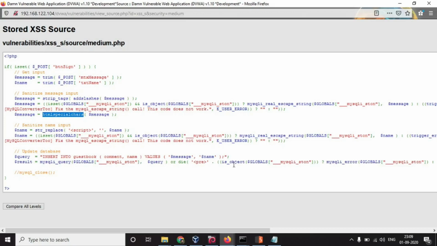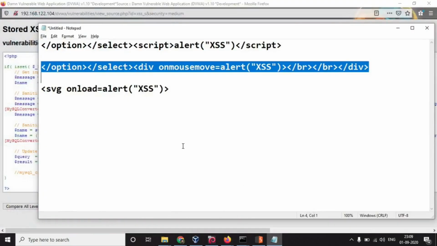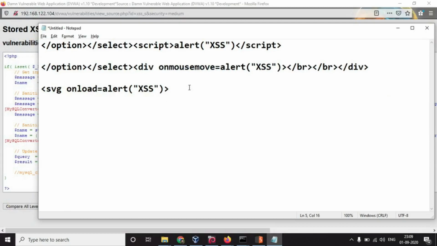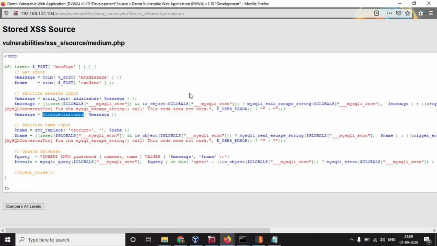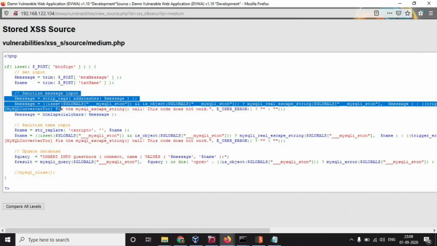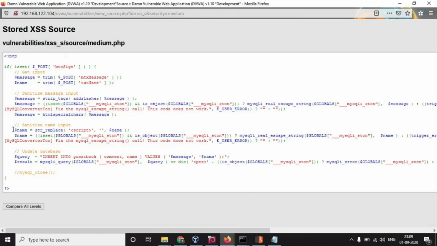For example, this is being converted into GT, and this will be converted to LT, and so on. So this is for the message field, and then for the name field, it is just removing the script tag as we have seen in previous cases as well. So by looking at the code, we can see our easy target is to provide our payload through the name field.